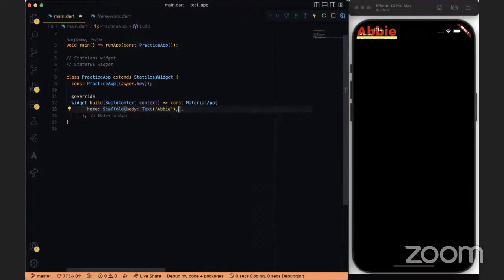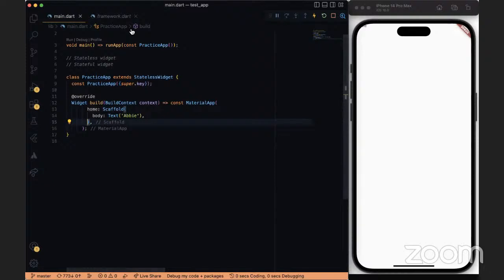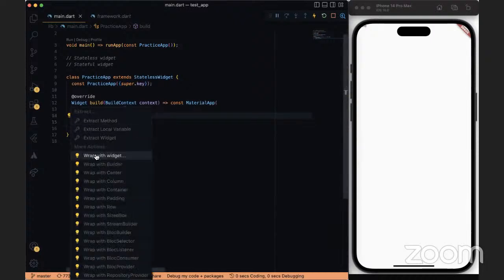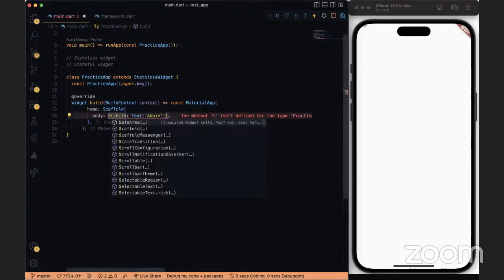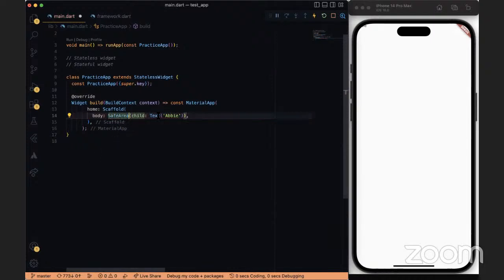And when we do that, even though I don't know if you can see Abbie right here, it added this white background to it. Also, our text looks a lot better. We can bring the text further down by wrapping it in a safe area. So the safe area widget